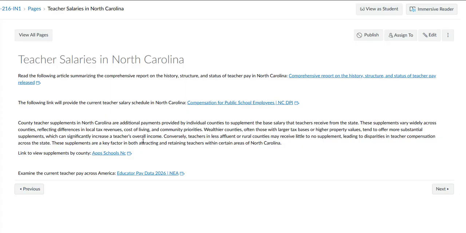Depending upon where you live in the state, that determines how much extra money, quote-unquote, you will receive on top of your salary in terms of county teacher salary supplements. And then this link here is going to show you salaries across the United States, so you'll be able to compare how North Carolina ranks with our neighboring states and states across the country.